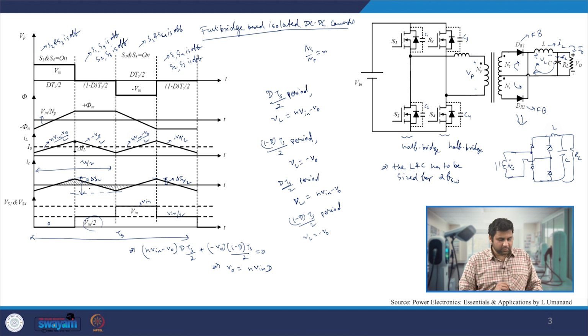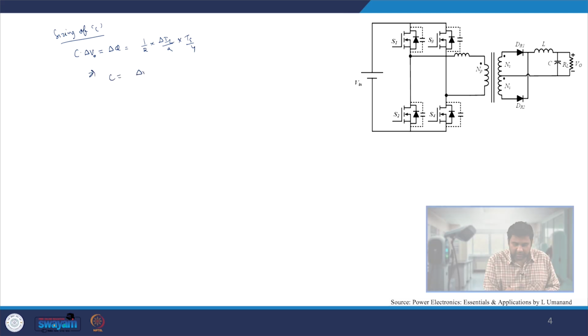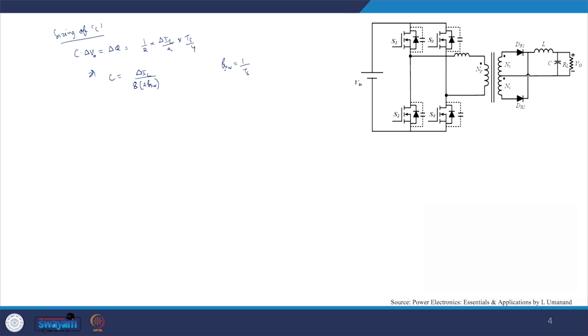If this is the entire TS by 2, this is TS by 4. So we can write the C value to be delta IL by 8 FSW, where FSW equals 1 by TS,